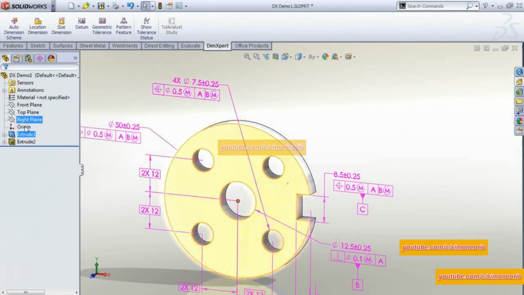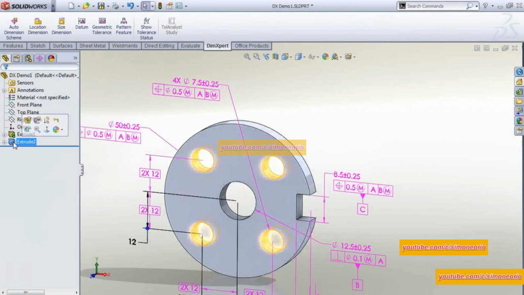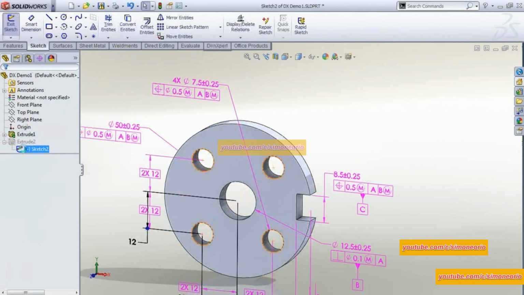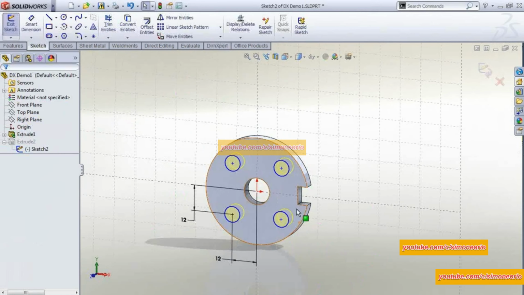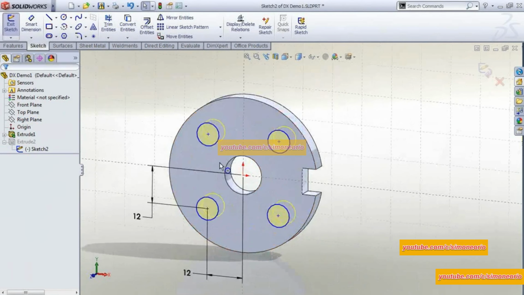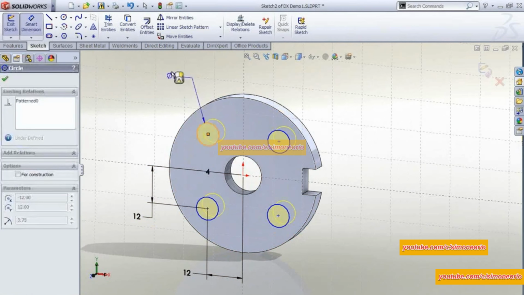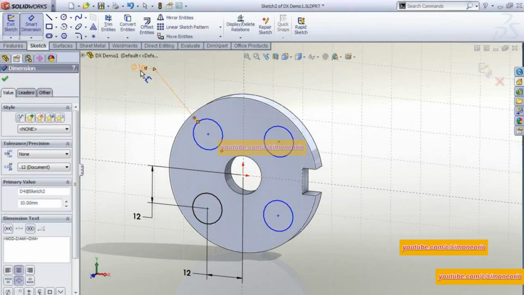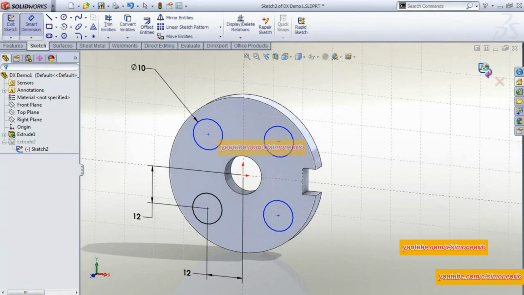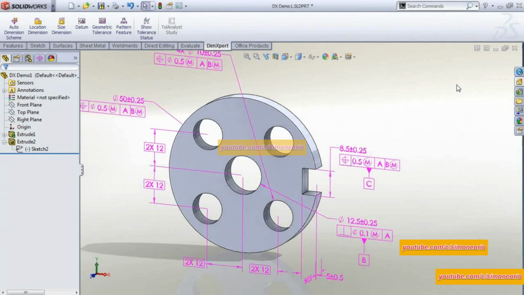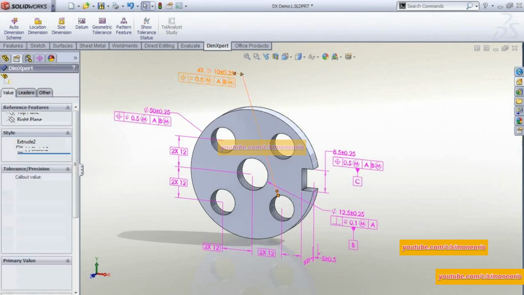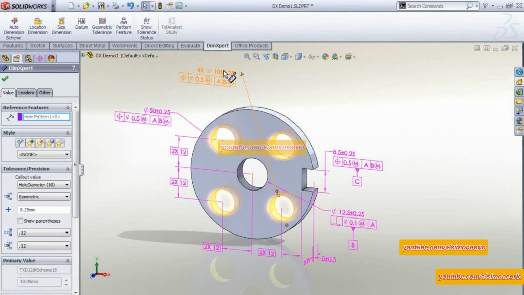So here in my feature tree, here's Extrude 2 where I have my holes. There's the sketch for it. In fact, I didn't actually put a size in on the holes. I got 12 and 12 here. But I'll go ahead and put a dimension in just to size these to 10 millimeters instead, which they should all go. It's a sketch pattern, it looks like. But you can see this is certainly updated here. 4 times 10 millimeters plus or minus a quarter millimeter plus the half mil